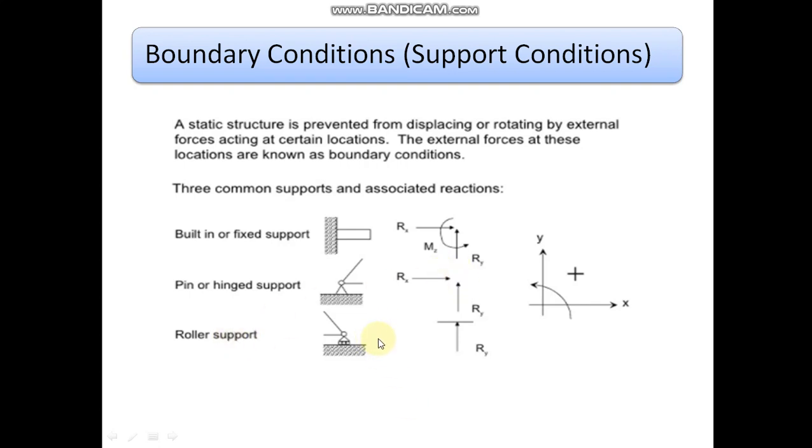A roller support, in which you can find the moment, and you can also find the horizontal reaction. Okay, so those things are allowed. That means you can find a reaction only along the y-axis, which is called a roller support. It has 2 degrees of freedom. It can rotate and also it can move along the x direction. So it is restrained only against moving in the y direction.